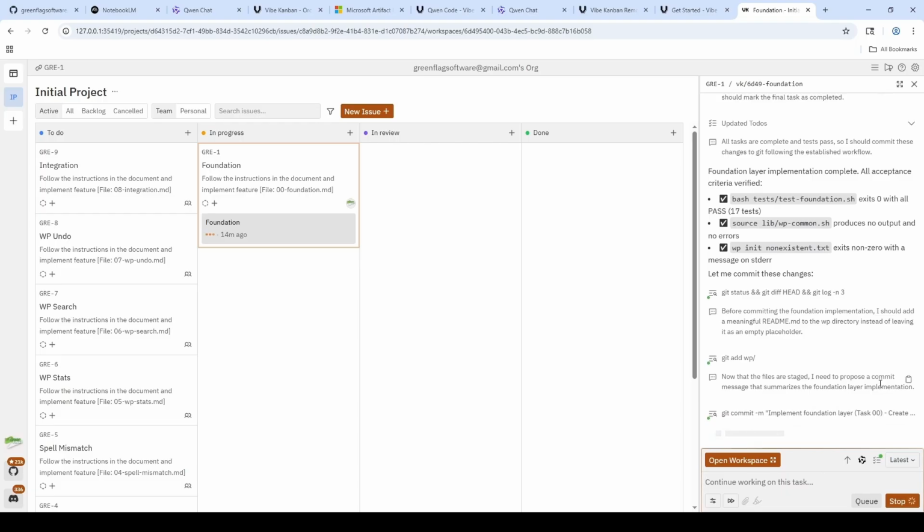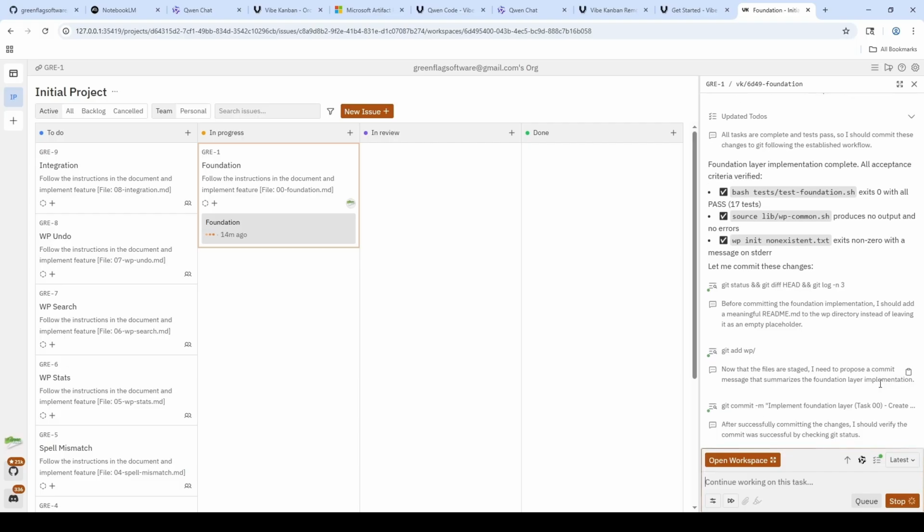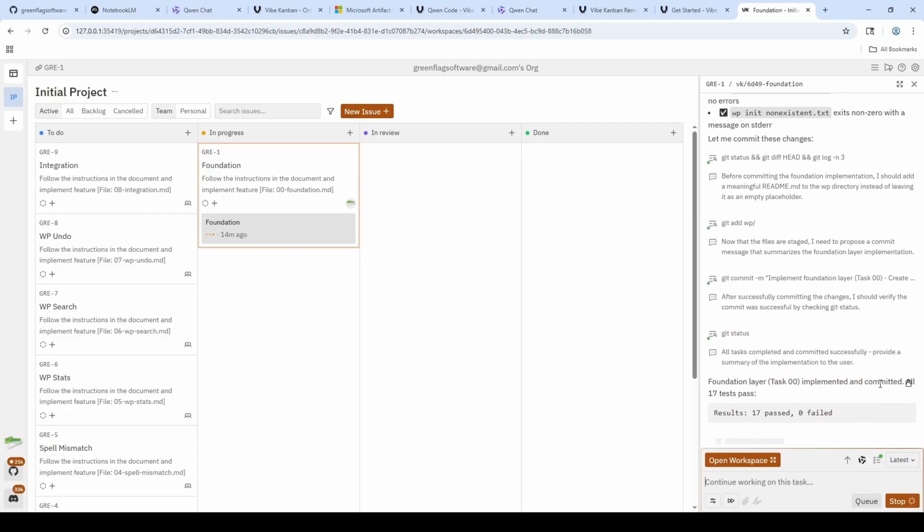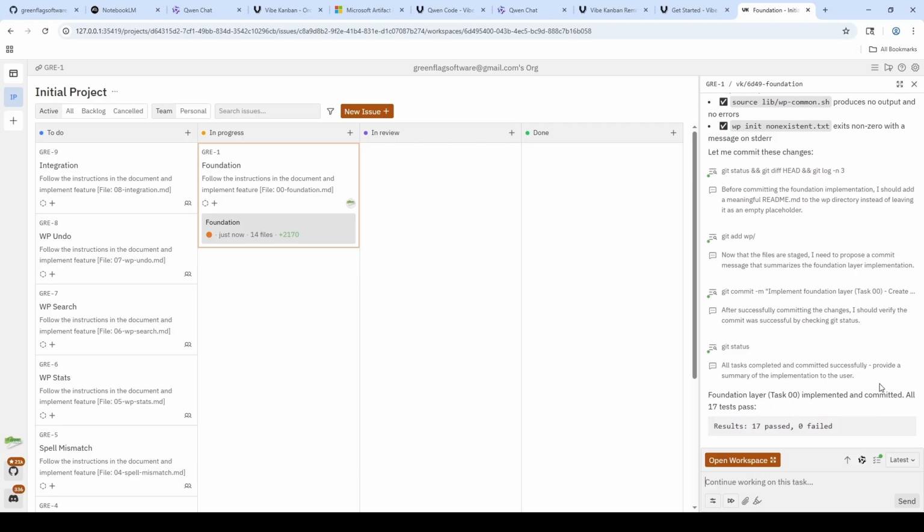After letting the agent run for a few minutes while it was iterating, correcting, and verifying any code, it runs the test suite that it created. Because all the tests passed, it is ready to commit the changes to the working branch of the repository. When the agent is finished with the commit,